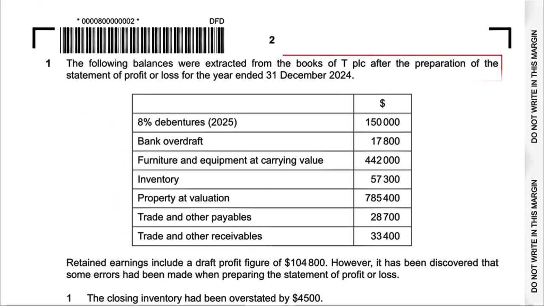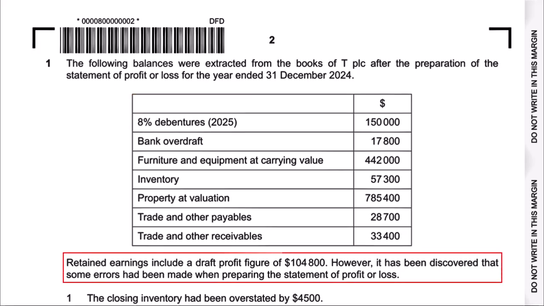Question number 1 is written as follows. The following balances were extracted from the books of T PLC after the preparation of statement of profit or loss for the year ended 31 December 2024. Then after the balances, it is written as follows. Retained earnings include a draft profit figure of